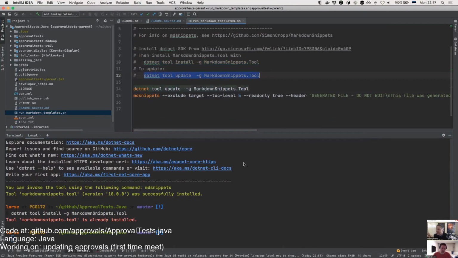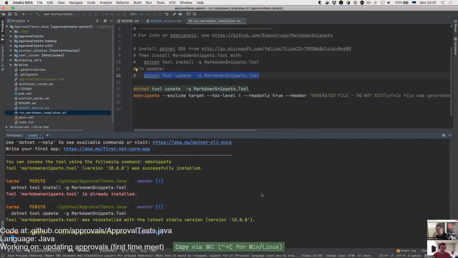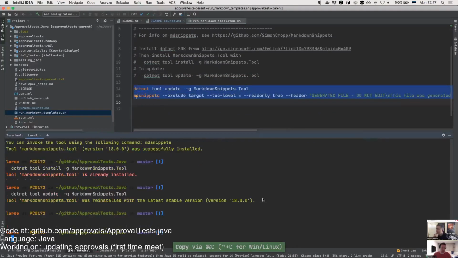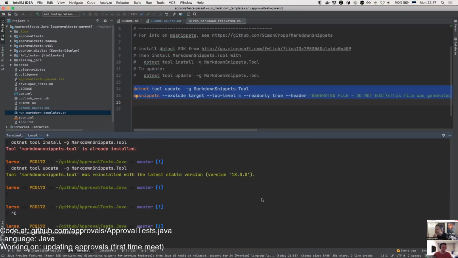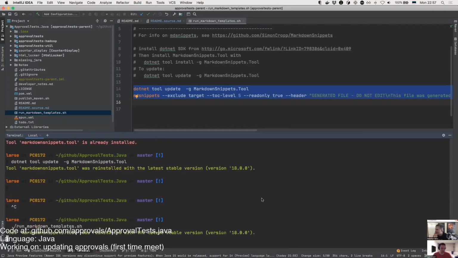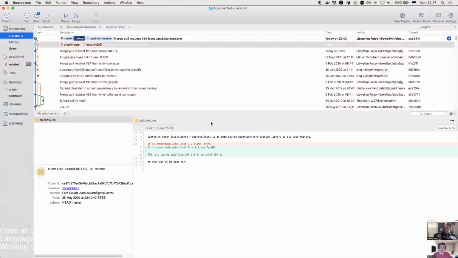I mean, it should be the latest one, obviously. Okay, there we go. And now run 15, or you can just run this whole script, right? Run markdown. I mean, it's actually a shell script. Yeah. There we go. And then now look.